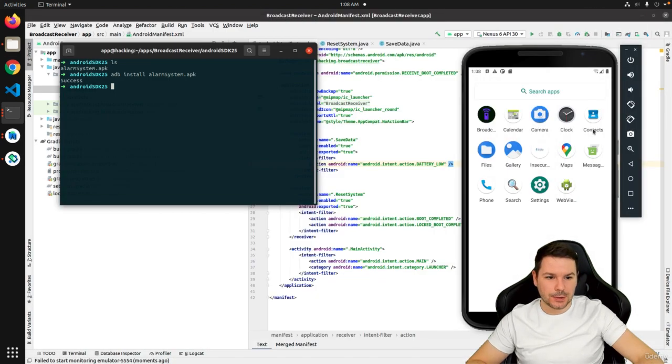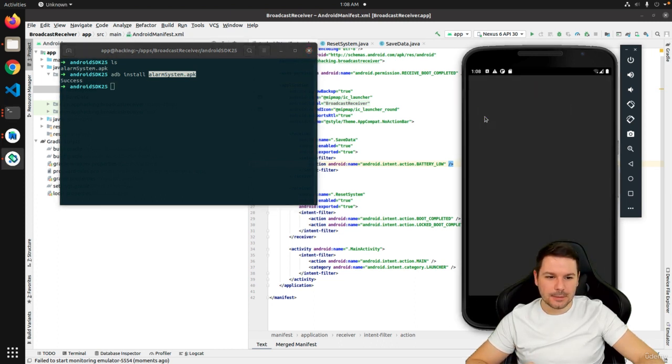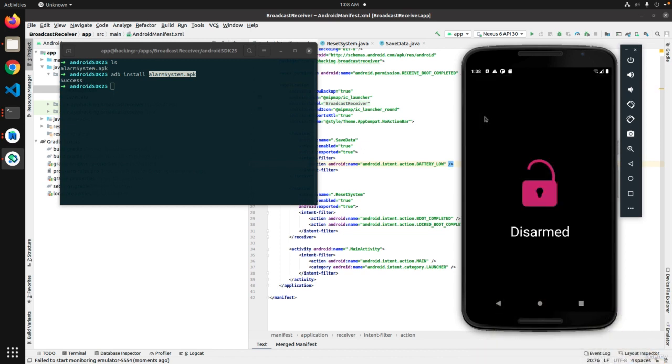Okay, back to the emulator. Here we now have this amazing icon. I mean, we've got an APK named alarm system, and we've got this alarm icon. So let's see what this application might be. There we have it. We simply got an icon and some text over here which claims this alarm system